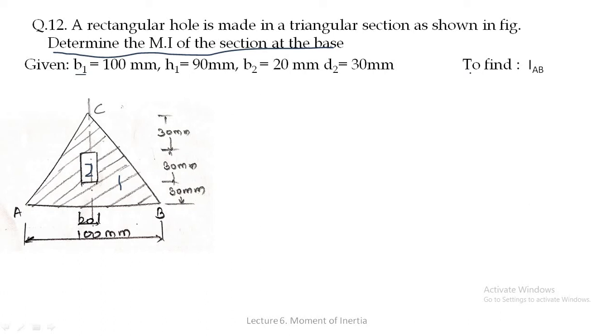In this case also we have to use the parallel axis theorem as we have used that in our previous example. But the basic difference between the previous example and this example is that in the previous example one section is added to another section, and in this example one section is removed from another section. So keeping those things in mind, we have to switch the formulas. Instead of using plus formulas for y bar and IXX, we have to use the formulas of minus. That we will study when we go through the numerical.